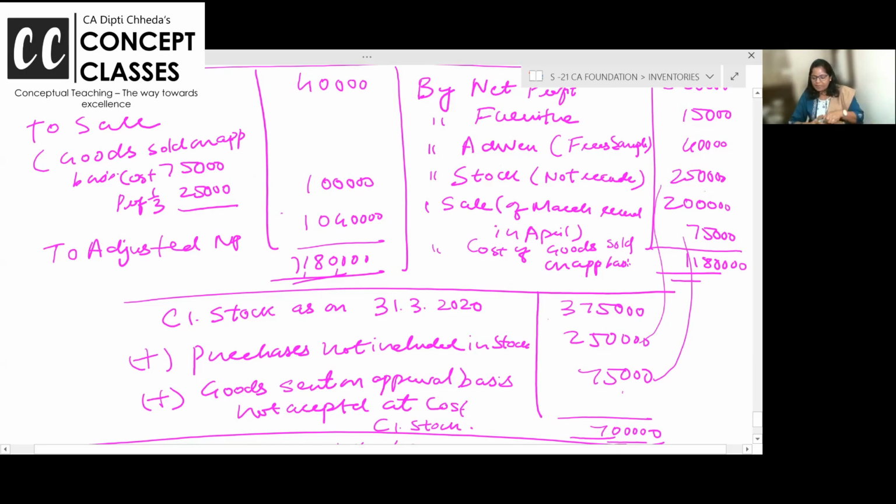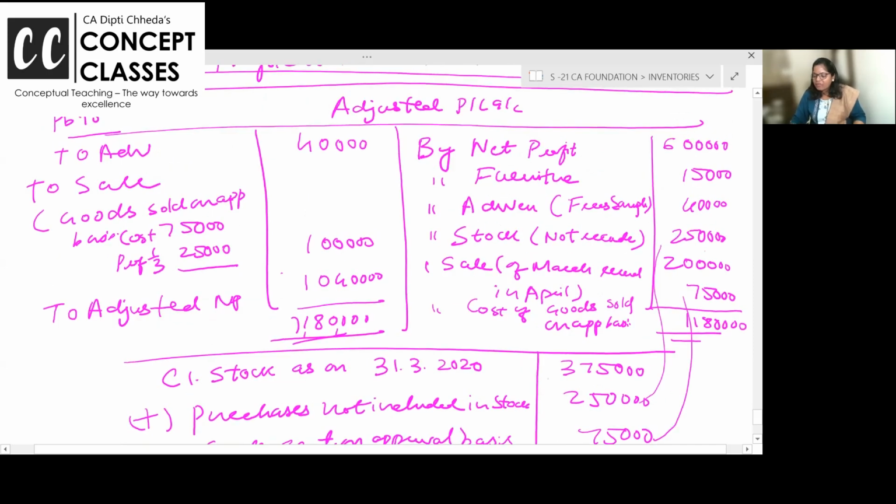Chalo, I will re-explain. See, we have got 6 lakhs rupees net profit and we have got 375 stock, but